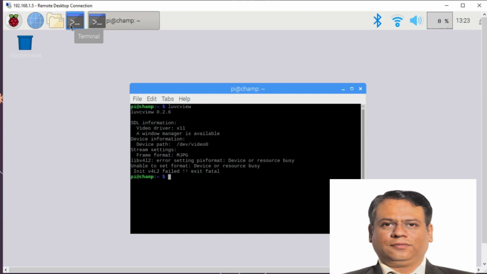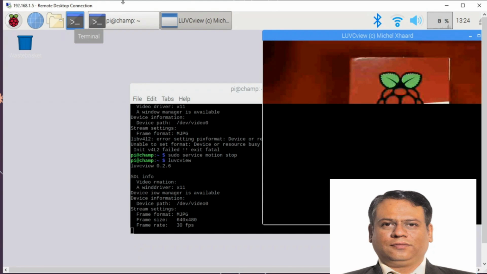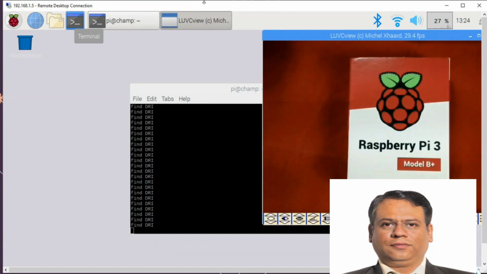Okay, you just press enter. So if you have run the previous example like sudo service motion, you just run sudo service motion stop, so that it will disable the camera, otherwise it will try to use the camera. Okay, so luvcview. So here from this camera feed, first of all you just adjust the object